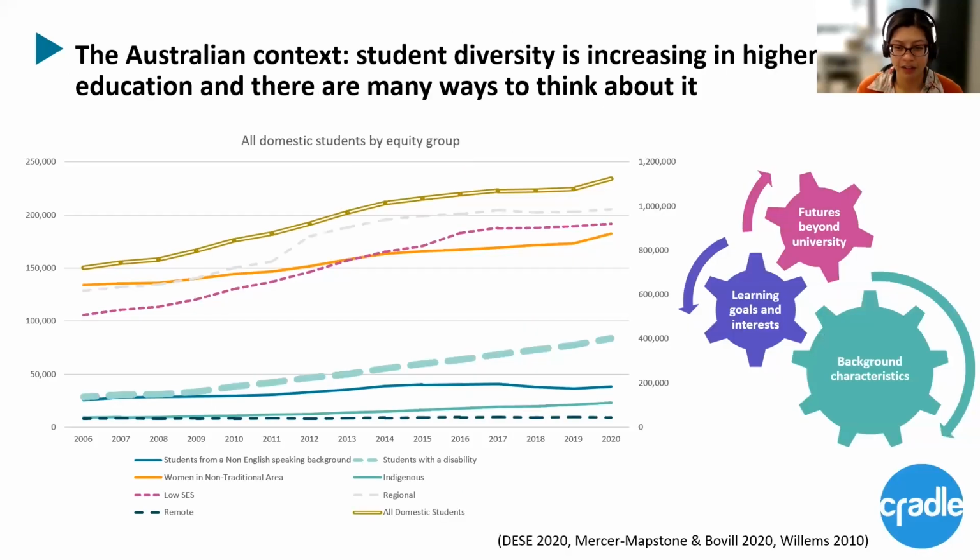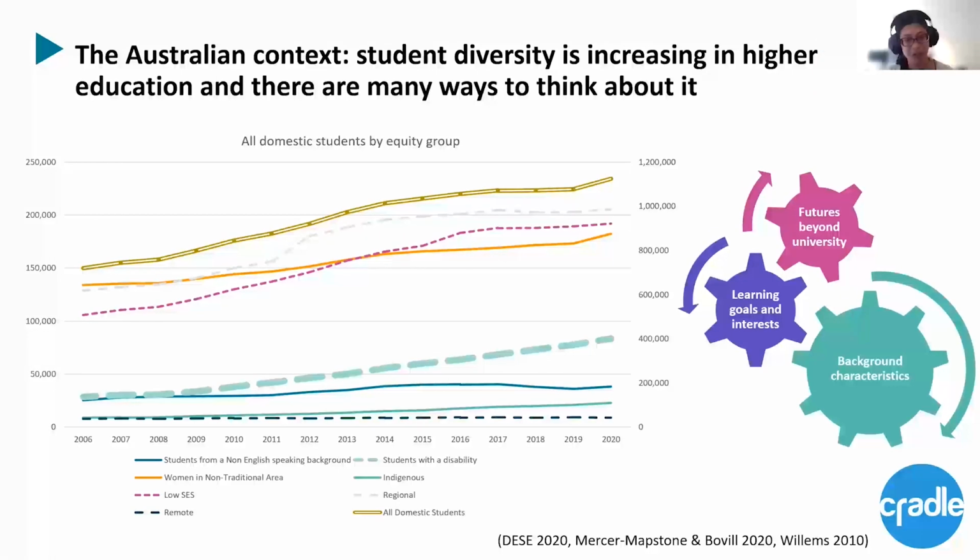So we'll start with the Australian context, where I am. We've been fortunate for a number of years, I think 20 to 30 years, of having some very rough and very instrumental data collection, which focuses on a number of particular equity groups, which I guess you could say are objective things like where people live and have come from, and what socioeconomic status that postcode might be classified as. Also things like students with a disability or students who grew up in a non-English speaking household. And so all that data means that I can present to you this graph today, which demonstrates that over the past 25 years or so,